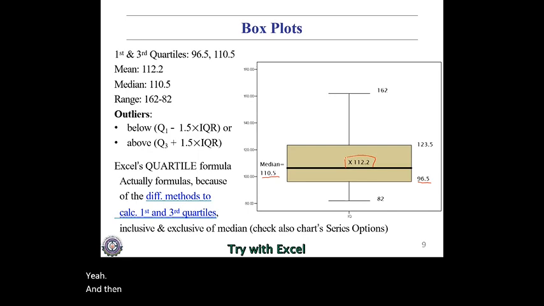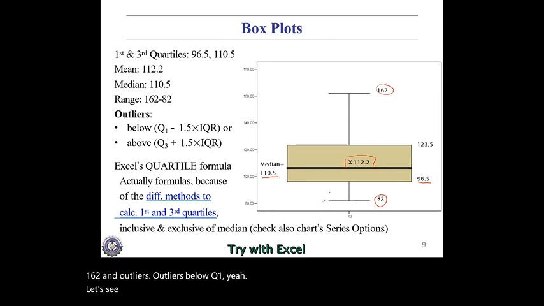And then the range is from 82 to 162, and outliers are